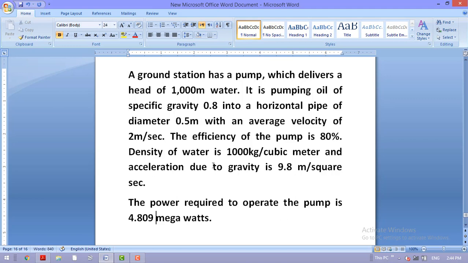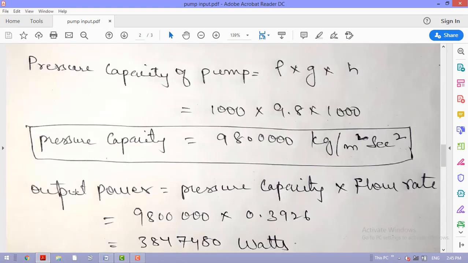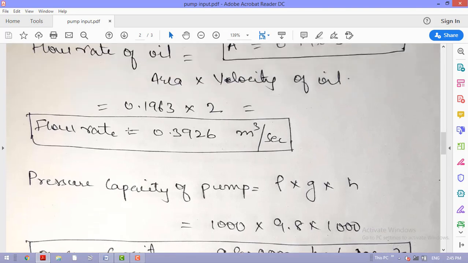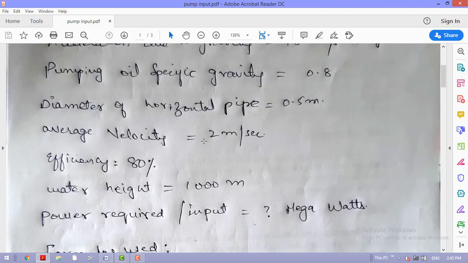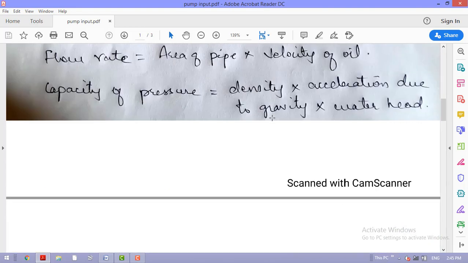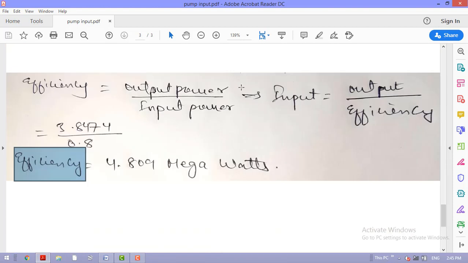So that's the end for today's video. Hope you understand this answer. If you neglect those mistakes I have made over here, instead of writing input power I wrote efficiency, and for average velocity I didn't write 2 meter per second, so you just replace it. Okay, so that's a mistake I made in today's video. Hope I will not repeat it in the next video.